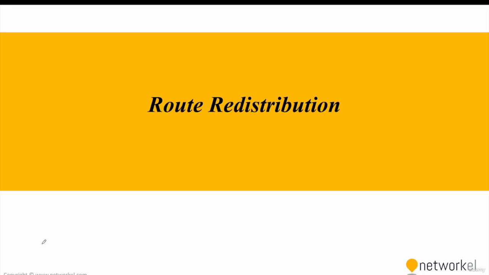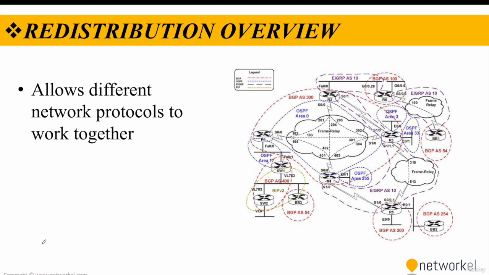In this video, we will talk about route redistribution. Redistribution, guys, is the process of sharing routing information between different routing protocols. It allows a router to inject routes learned from one routing protocol, for example OSPF, into another protocol, for example EIGRP, enabling connectivity across diverse routing domains. This is very important if you need to integrate networks that use different protocols, and it ensures comprehensive routing information